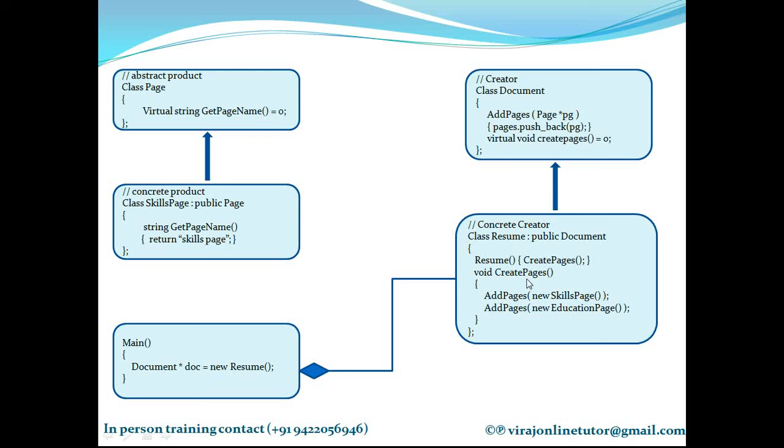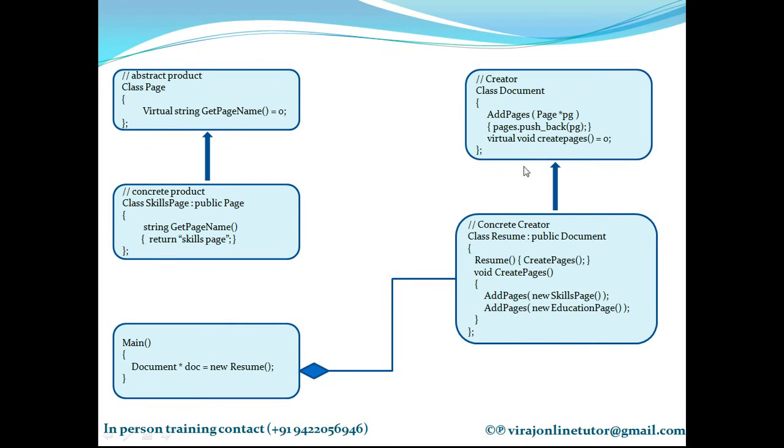So this is a factory method. Create pages is a factory method which I have just declared in the base and which I am defining in the concrete. So out of the 3 implementations that I explained before, which implementation type do I have implemented right now? The first type, right? Because the factory method is just declared in the creator class and defined in a concrete creator class.